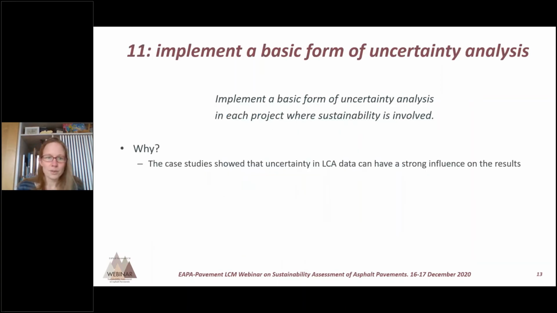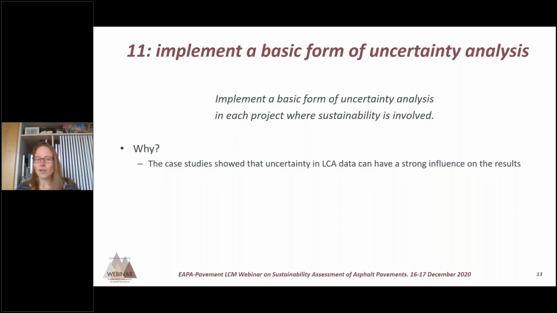We're almost at the end of the presentation. And as I mentioned at the beginning, in this Pavement LCM project in Work Package 3, we also added uncertainty analysis. And uncertainty is something which is a statistical term. And statistics can be extremely complex, because if you take into account all the data which is in a life cycle assessment